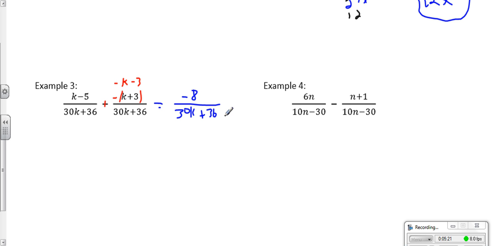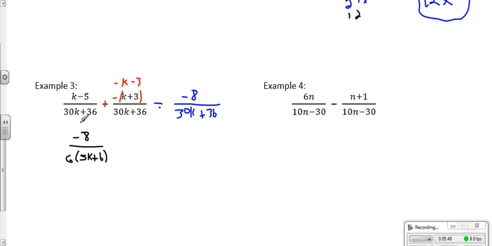And again, notice all of those are positive again. So let's look at the denominator and see what we can factor out. I want to write negative 8 over, I know 6 goes into both, so that would leave me with 5k plus 6,